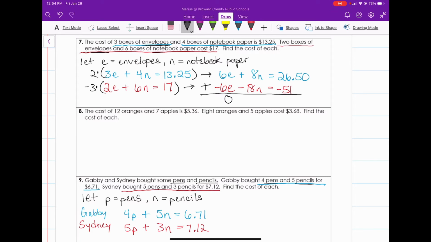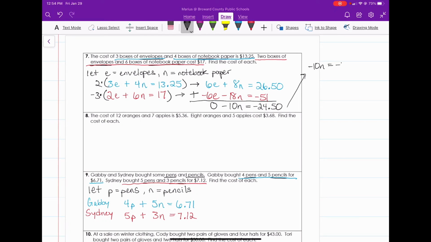So that's going to make 0. Positive 8n plus negative 18n is negative 10n. And that's going to be equal to, we have to do 51 minus 26.50. That's going to give me negative, well, the answer's going to be negative 24.50. Okay. And if I come up here, now we really just have negative 10n